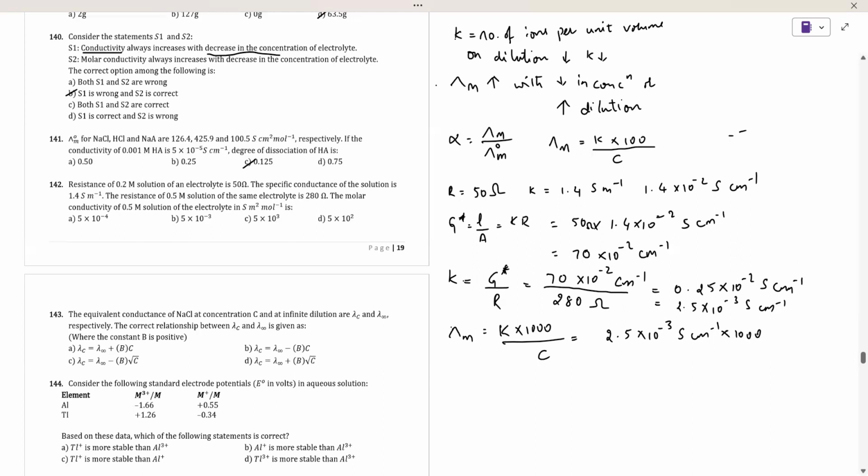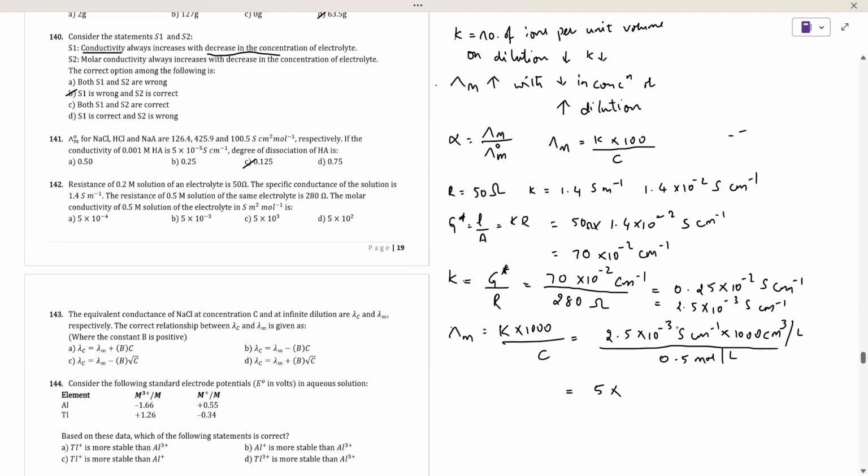So 1000 is actually a liter or 1000 ml, which will be considered as centimeter cube per liter, divided by concentration. So what is the concentration that has been given in the question? It is 0.5 mole per liter. Now if you simplify, you will basically get the value of 5